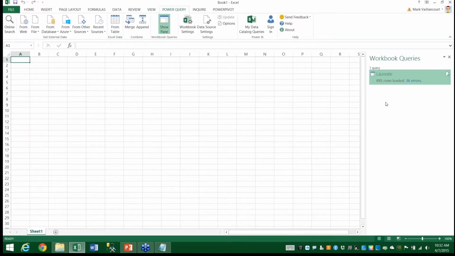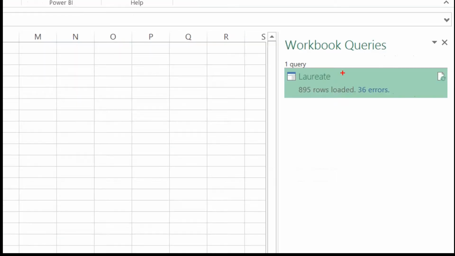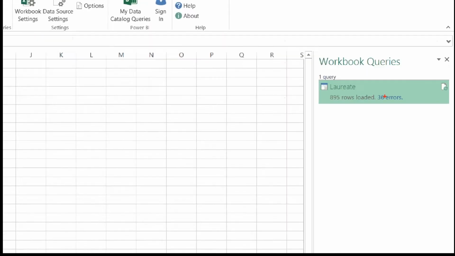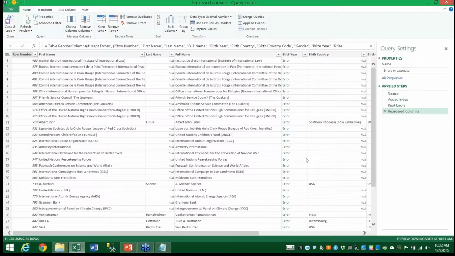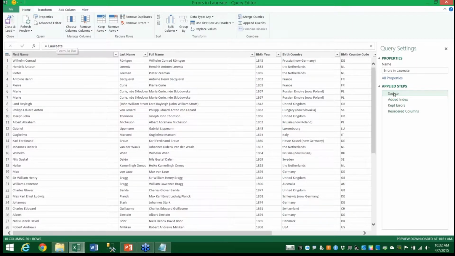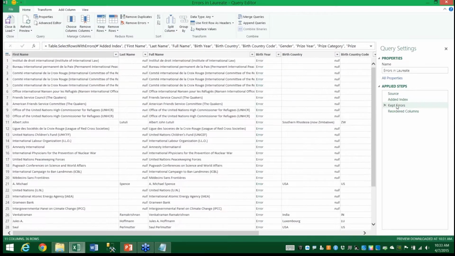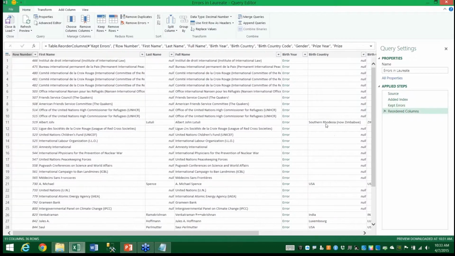So back into our workbook here, we have our 36 errors. One of the things that I can do is these 36 errors are a hyperlink. So I can actually click on that, and this is going to launch a new query that's isolating from the laureate query. It's using that as a source. It created an index on it, so it added an index number. It's keeping only the errors, and then it reordered columns to put the row number at the beginning. So you can see we have these errors, and they all seem to be on the birth year